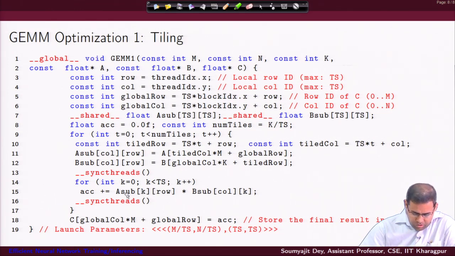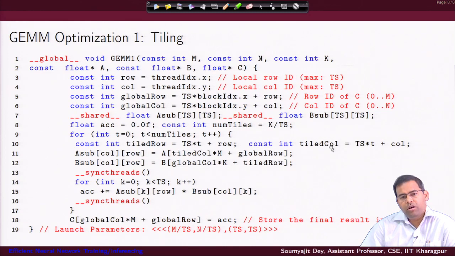Now, I will just point out once again that when we are speaking specifically with respect to the GEMM operations for cuBLAS or similar kinds of libraries for linear algebra, we will be using this row major representation, right. You need to remember that, because it is going to play a role in our understanding of how things are going to happen here. So, for A sub, k comes first followed by row; for B sub, you have column followed by k here, right, instead of the reverse that we would be expecting in general.